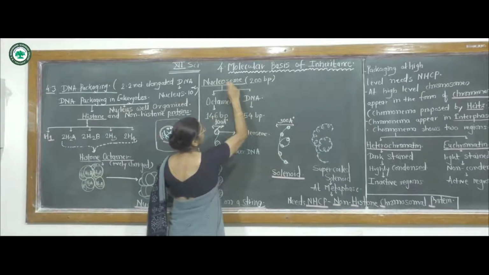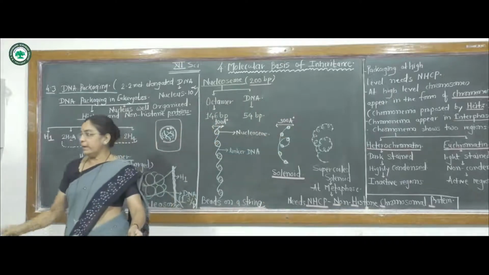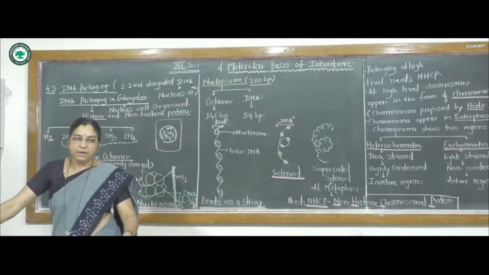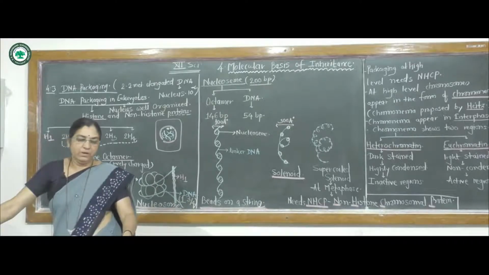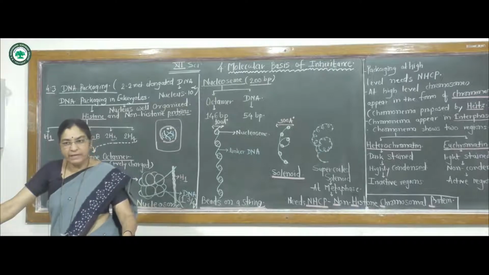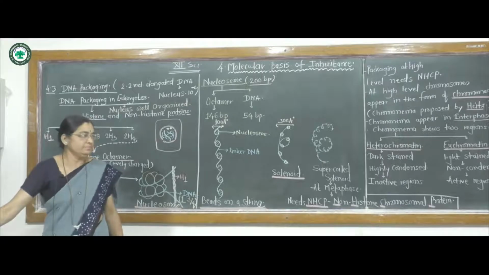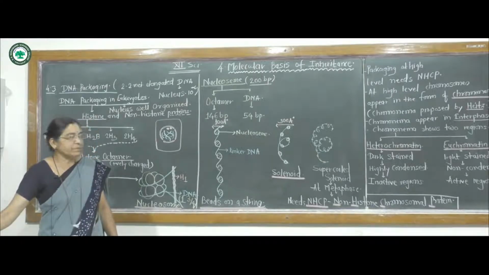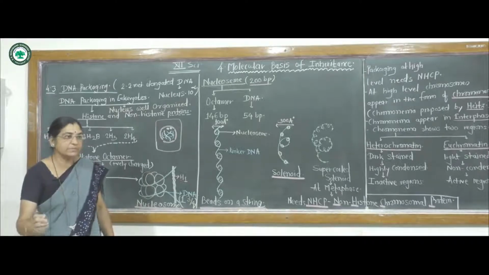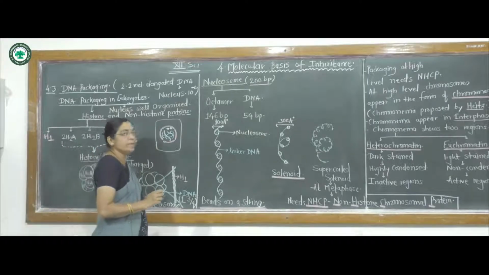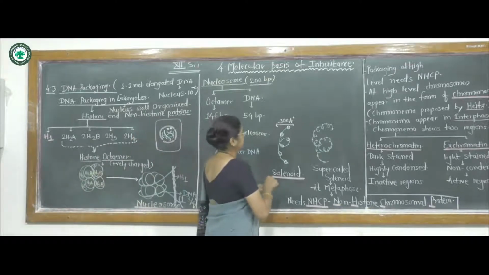the one single nucleosome shows 200 base pairs. Base pairs means the nitrogen base pairing. We will study the structure of DNA, which is the duplex or double helical structure, and the two strands of the DNA are held together by the hydrogen bonds which are present between the complementary nitrogen bases. So again here